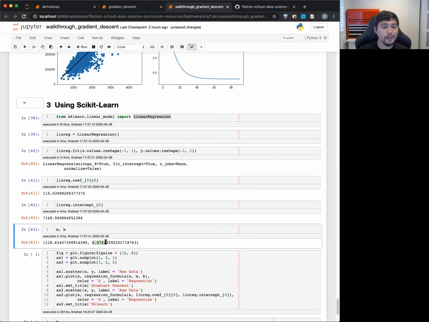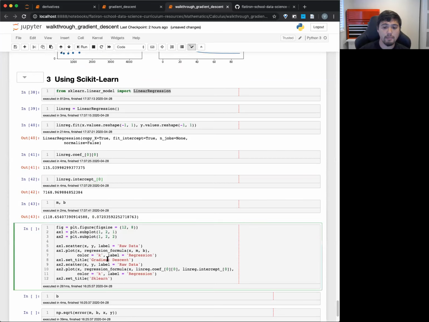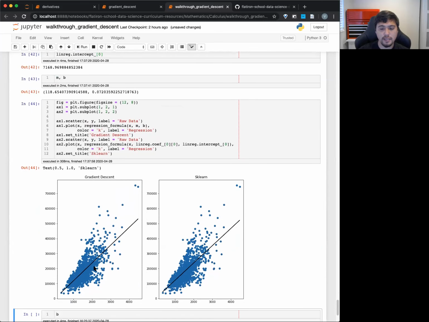Well, okay, the y-intercept's not that close, but it also might not matter that much. This actually might not be as big of an issue, but I don't know. Let's see here. Just plotting it out, you can kind of see the one that we used for our gradient descent, this guy right here. I think this B must be wrong, actually. I don't know. Yeah, this is probably wrong. I have to figure out where I changed the B, but whatever we used for gradient descent,